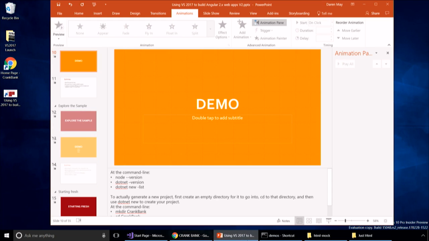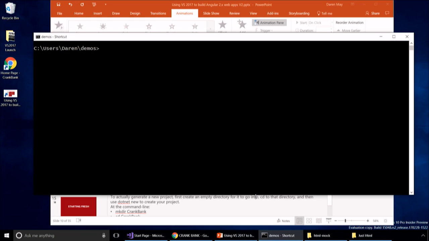However, what I will demonstrate is actually creating an application using those templates. So let me switch over and show my command line. I'm in the command line, in my demos folder. Your routine for creating these is, first and foremost, to make a directory for yourself. This is going to be my new application directory. I'm going to change directly into Crankbank, and then I'm going to use the .NET command,